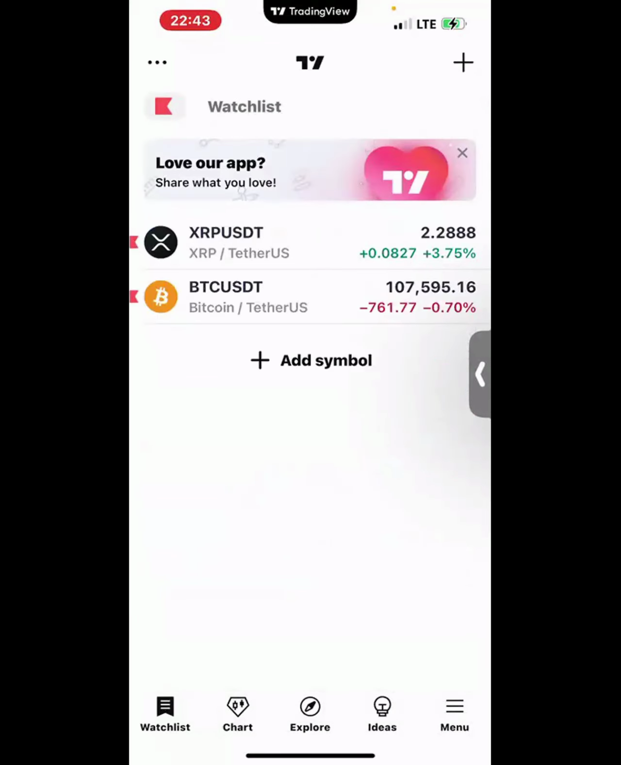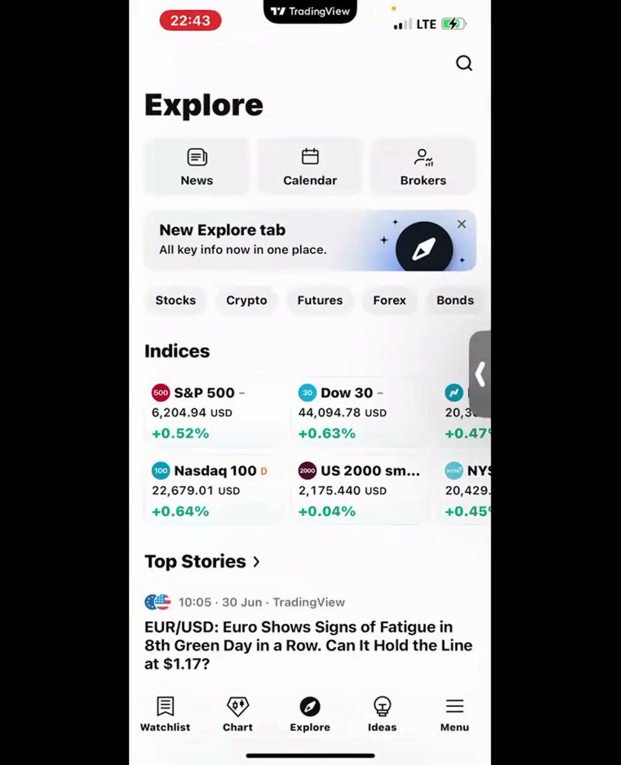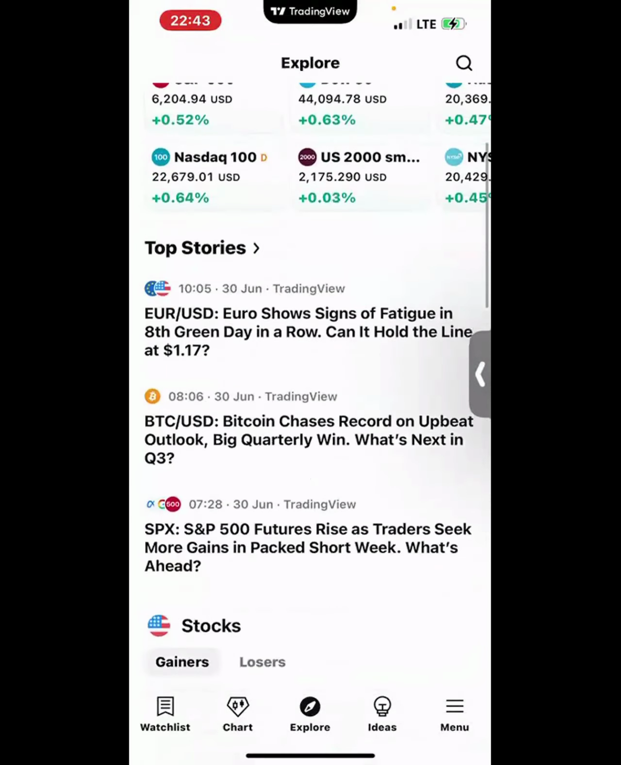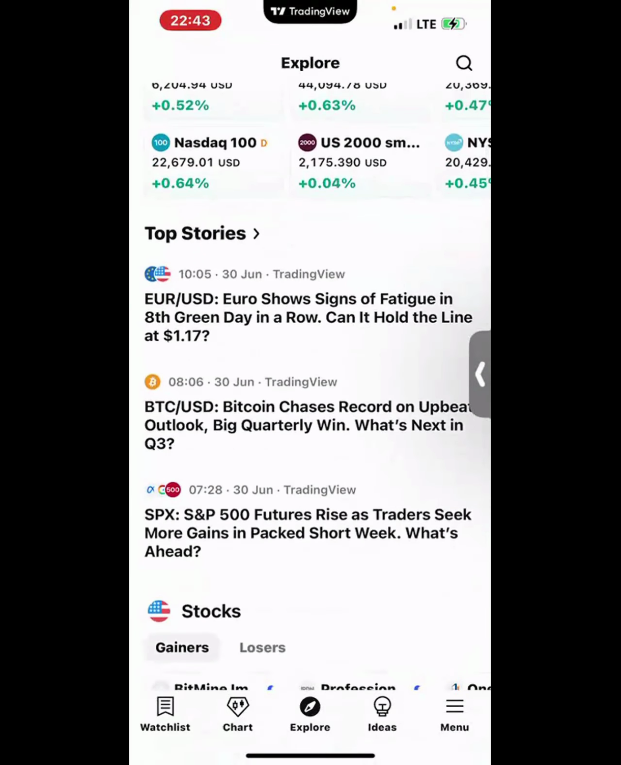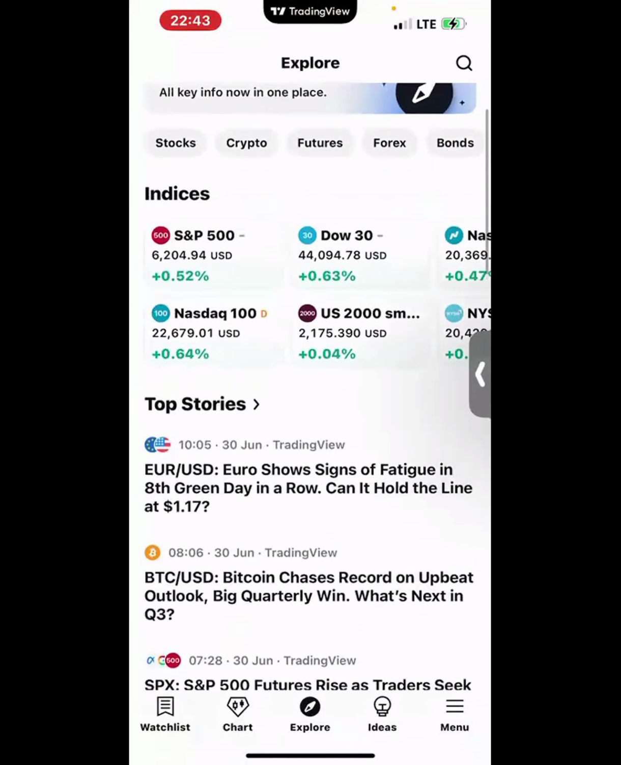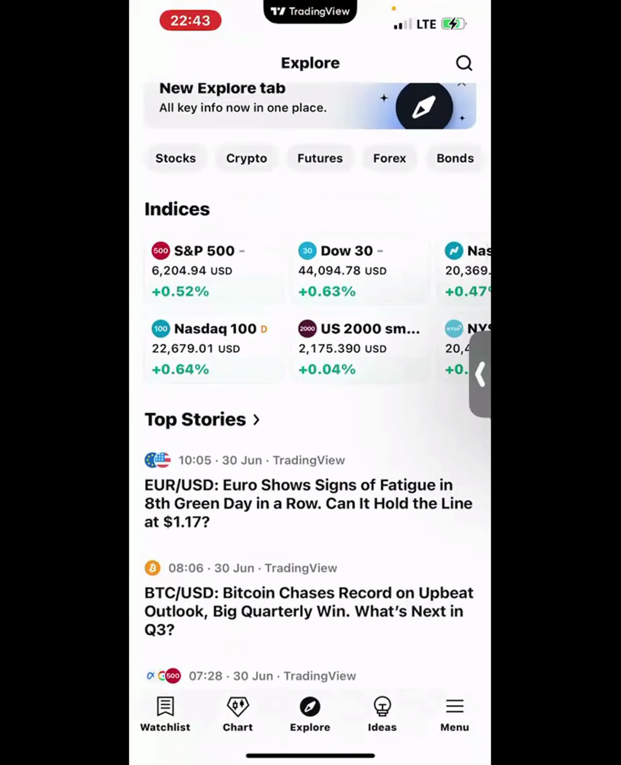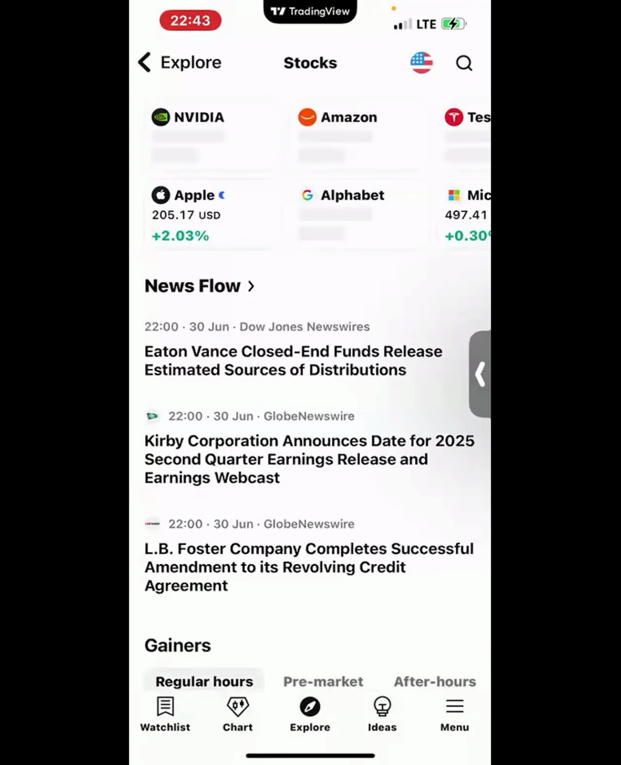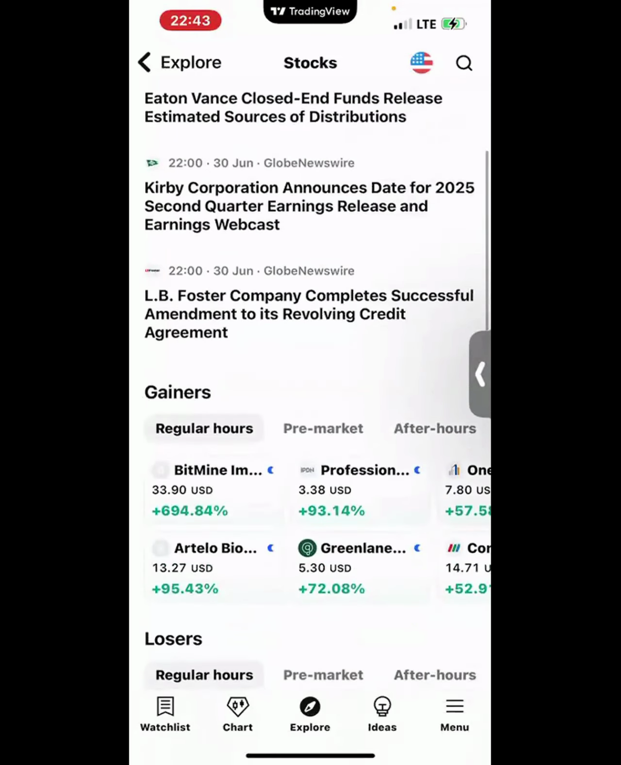Another thing that you can do on TradingView is explore, and you can actually do fundamental analysis from TradingView. So you have news, right? You have this stock news. If you click on stocks, it will take you to explore, and it will take you to news that are regarding